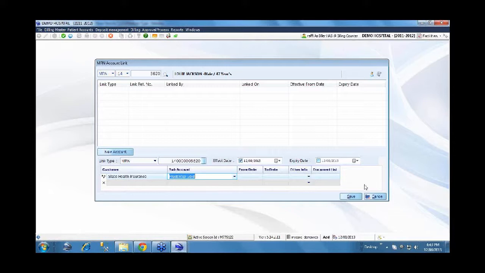And you also have the provision to have multiple payers. It's not just one payer as we are seeing, state health insurance. There can be a secondary payer, there can be a tertiary payer also. We will look into that particular scenario later. For now, we will just link the patient to one particular account, and later on we will take a scenario to demonstrate that. We will save this, and now we'll generate a consultation bill.